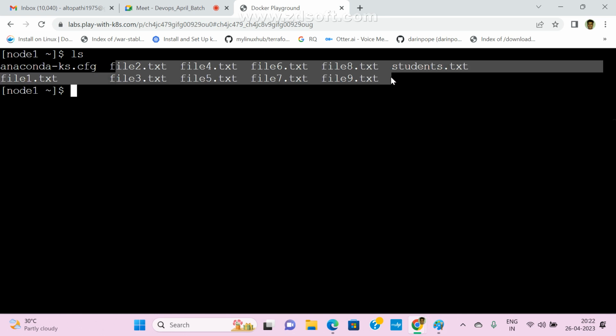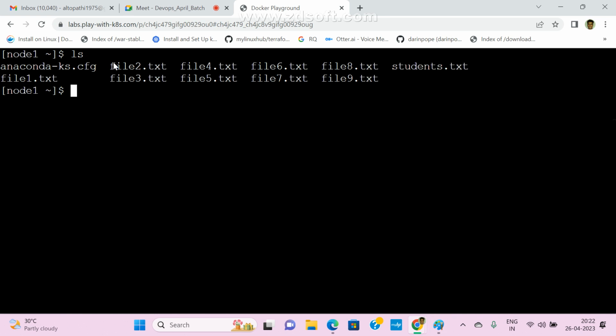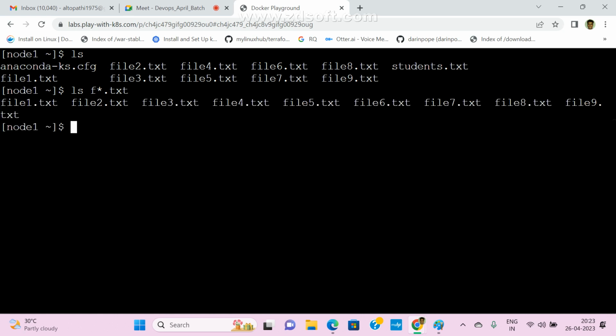So question mark and star, you know, right, those are wildcard characters, star and question mark and all. With the help of these we can display files. So what is the command? ls space f star, sir. File or f star, right? f star dot txt. Now clear? Yes, sir. f star. Now anyone any doubt here? No, sir. This is a character pattern.